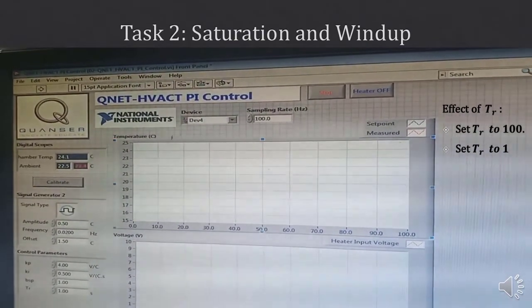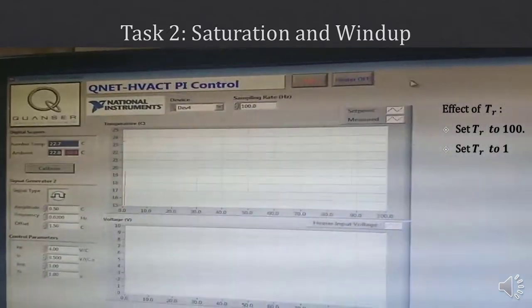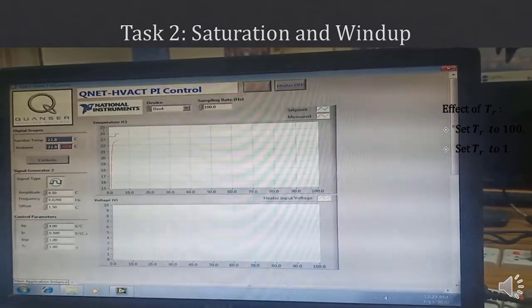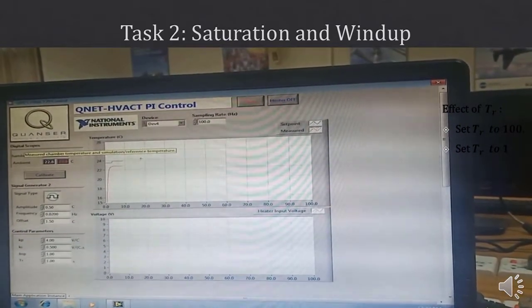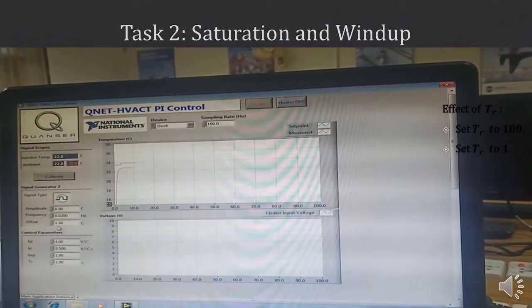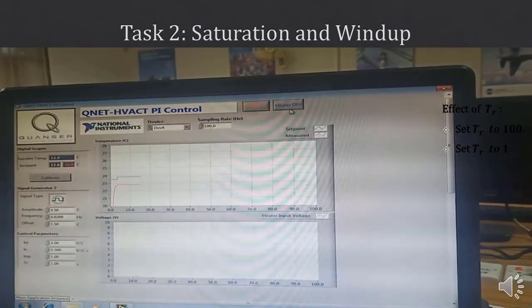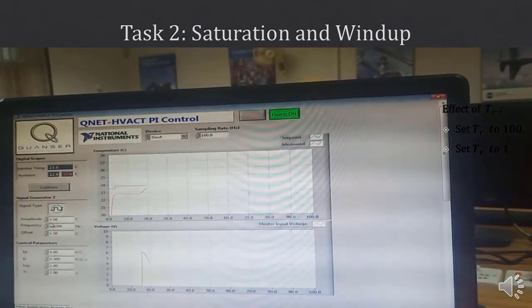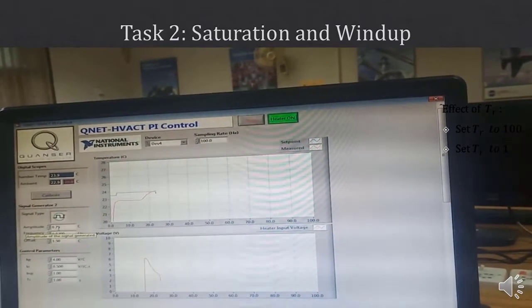In task number 2, you are going to study the effect of the anti-wind-up preset parameter. To understand the anti-wind-up preset parameter, let's take an example of an actuator. When the voltage is suspended, the actuator should turn off, but instead of turning off, the motor keeps running, which will cause an overshoot in the response of the system. This happened because we used a large value of the anti-wind-up preset parameter.